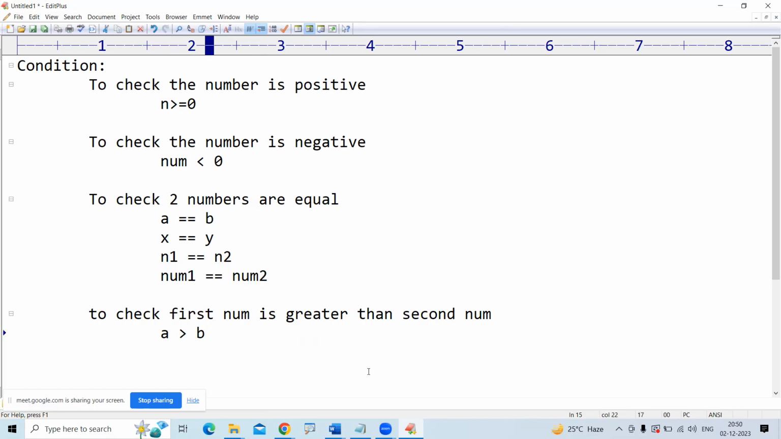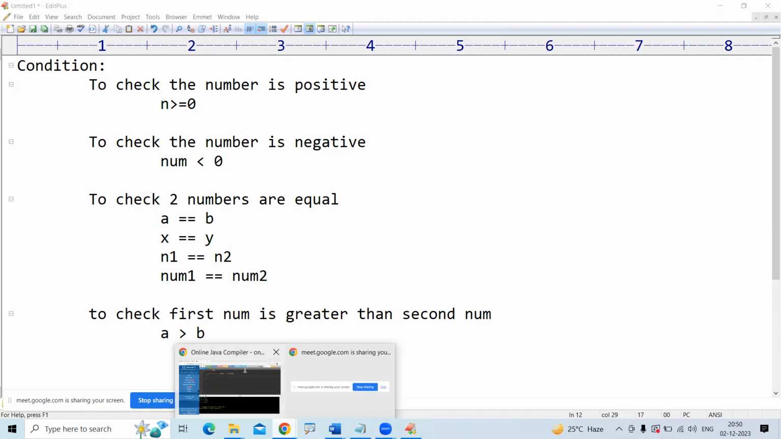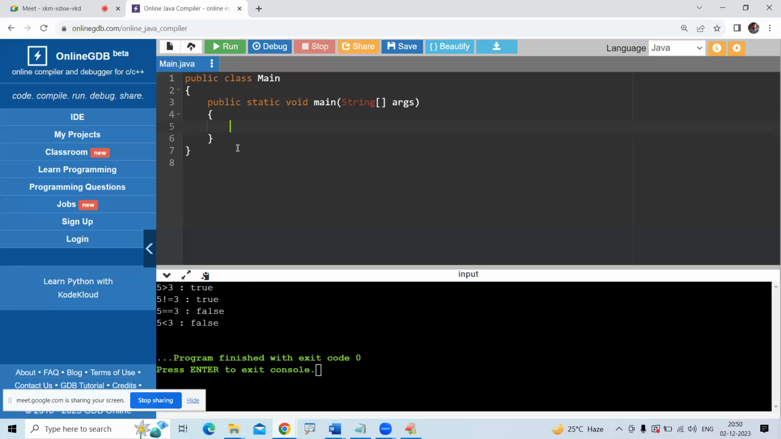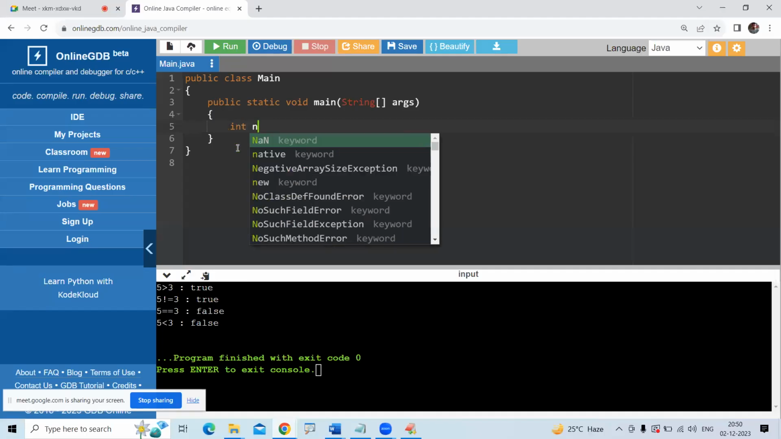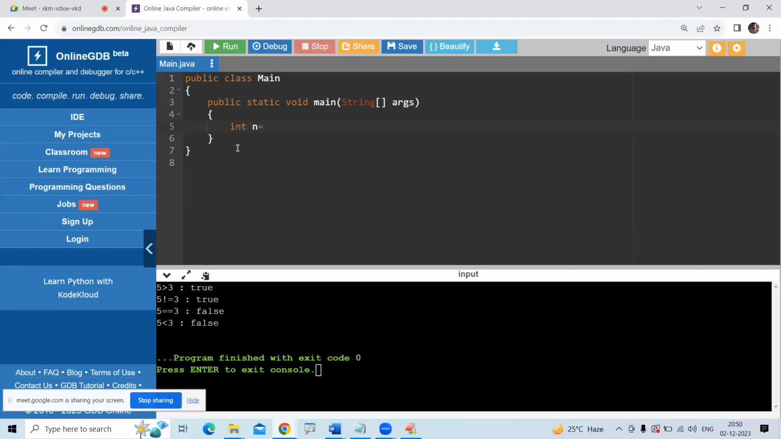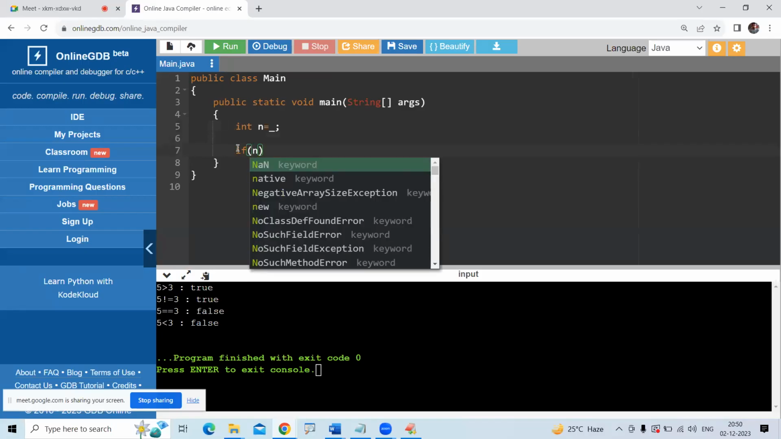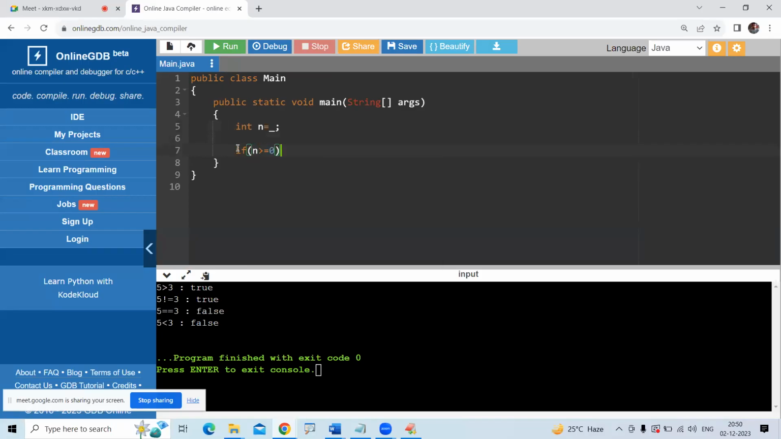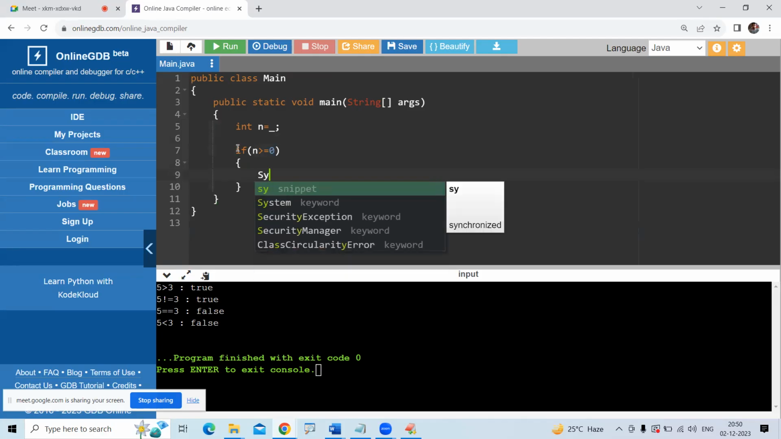Just convert these conditions into programming. Here we will learn the if else block. So what is if else? Once you start coding and write multiple codes, it will be very easy. Here I'm taking the number n. Whatever number you take, that is later. First, let me write the code. If the number is greater than or equals to 0,